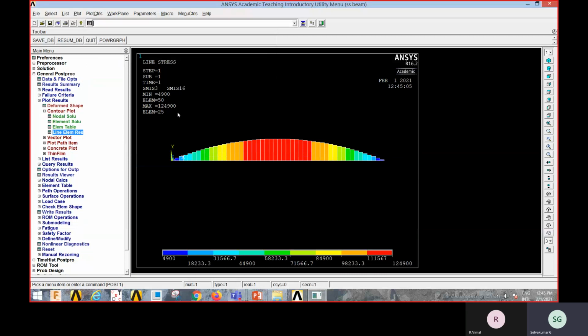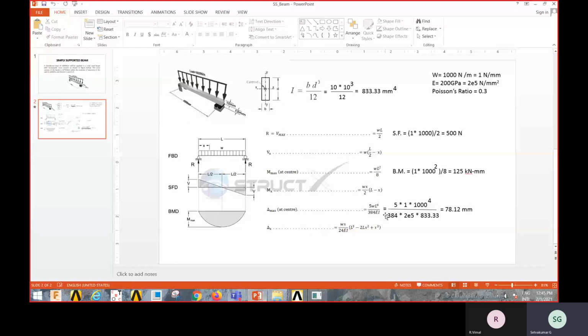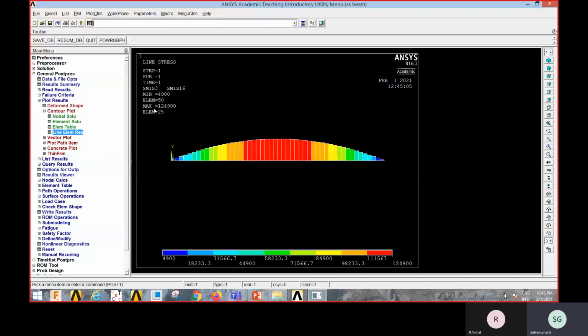If you see the maximum bending moment, it is 124.9 kilonewton mm. If you see the previous slide, the bending moment is 125 kilonewton mm. The ANSYS result is 124.9 kilonewton mm.